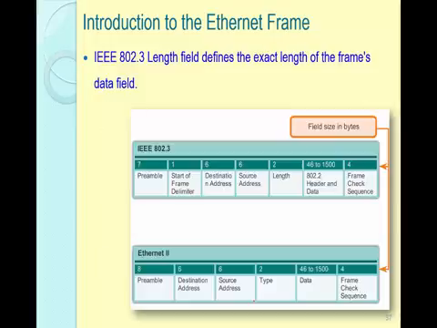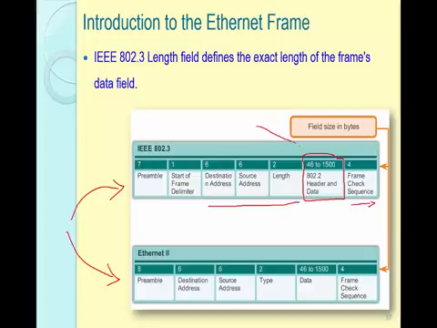Alright, one important question. Let's say a computer receives a frame. How does it determine, hey, do I interpret it according to this way or according to this way? The answer is very, very simple. If you remember, we said that a frame can be up to 1500 bytes, right? And you add to this the 18 bytes, which means the maximum value, if it happens to be a length field, is going to be